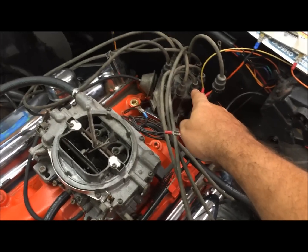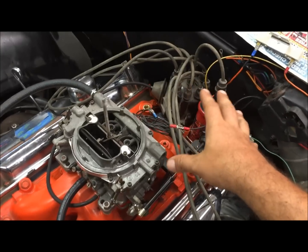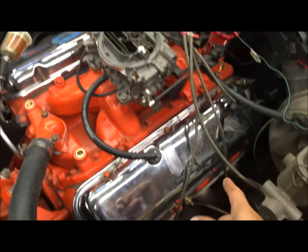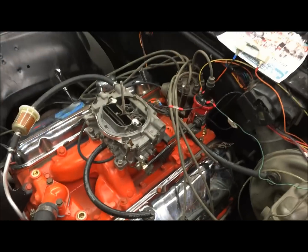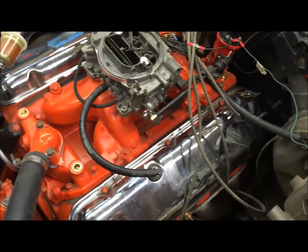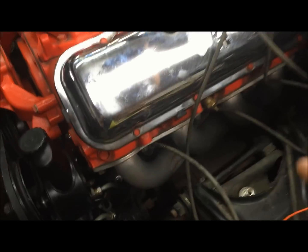Okay, so that's an old distributor that I actually had in high school, like in 2001 and 2002, on my 72 Chevelle. So it's old, so this engine's probably going to run crappy. Another reason is I did not gap the spark plugs at 35 thousandths. If you're running points ignition, you want 7mm wires and you want to gap your plugs 35 thousandths. I just stuck that distributor wires on there for the video,